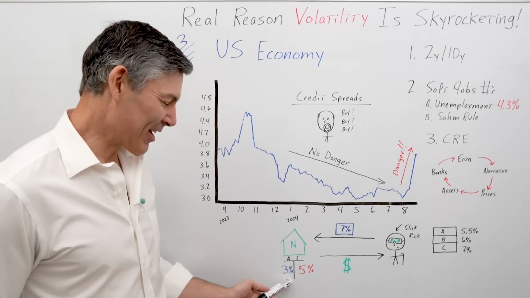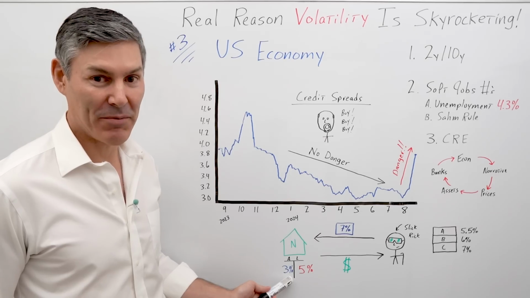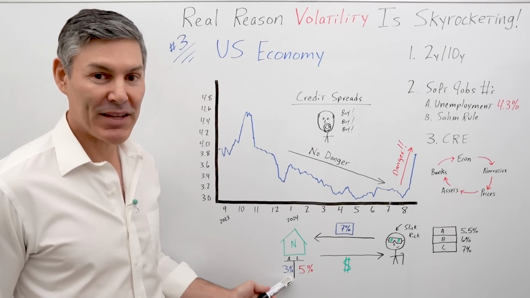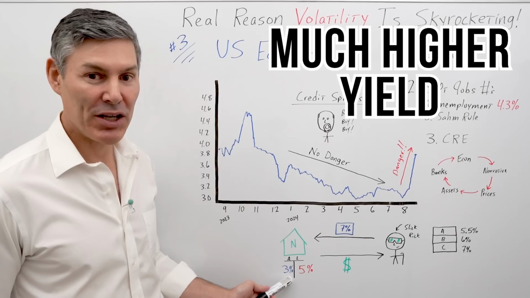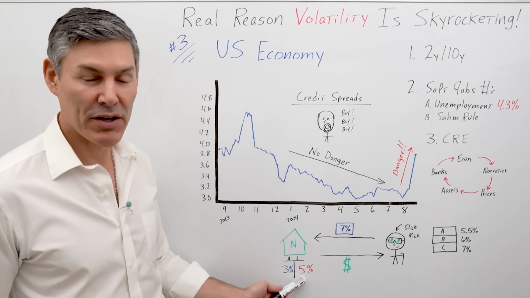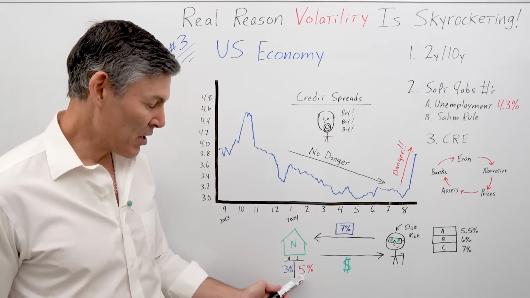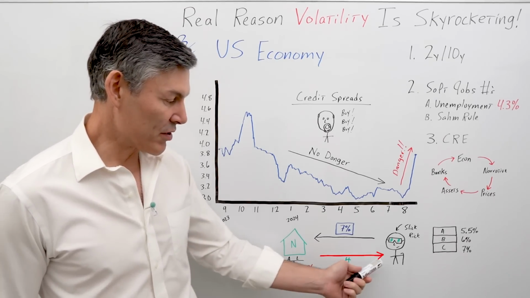So since they have this negative carry, they have to sell these treasuries. They don't want to sell them, but they have to, because they need an asset on their balance sheet with a much higher yield than their dollar funding costs, the cost to borrow the dollars to begin with. So they sell all these treasuries at a huge loss, and then they go over to Slick Rick and